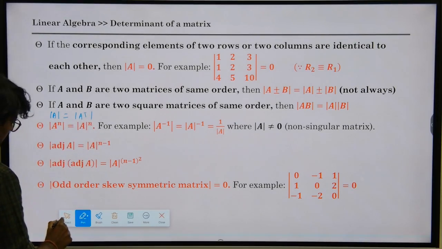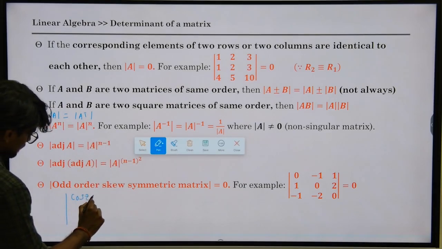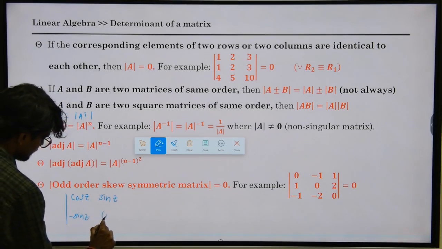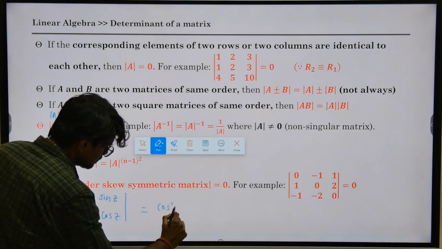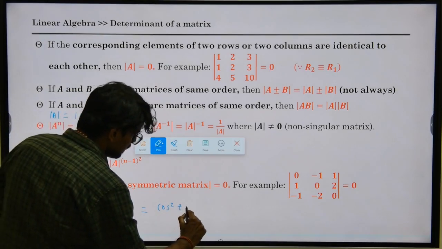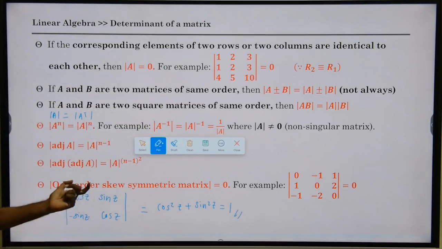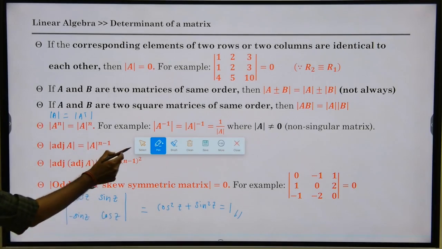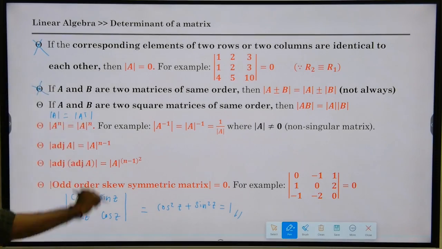Okay. If I take an orthogonal matrix, cos z, minus sin z, cos z. What is determinant for this? It is cos square plus sin square. That's going to be equal to 1. So whenever you have an orthogonal matrix and if I find out determinant for orthogonal matrix, it will be 1. It may be plus 1 or minus 1, but it will be 1. Okay, copy this. This one you don't need to write, this one you don't need to write. Other than that,